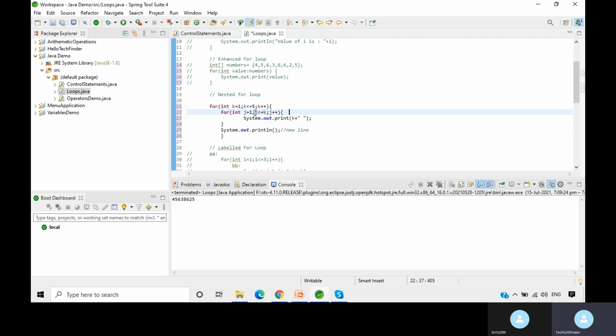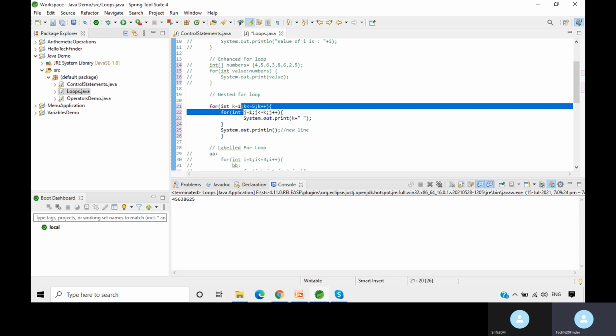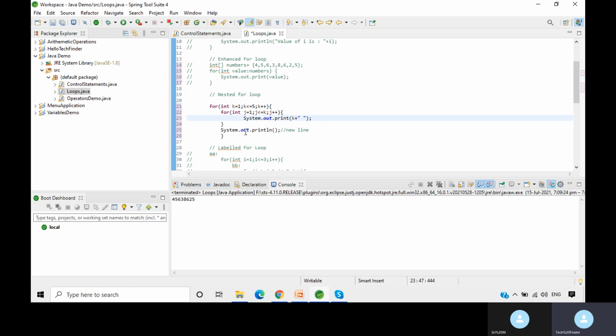Again here it will check j: we have initialized j equal to 1 and the condition here is j less than or equal to k. This k value it will take from the outer loop above, and if it is true, it will print a k here. For the next line we are just using System.out.println for the new line purpose, because here we are using print.